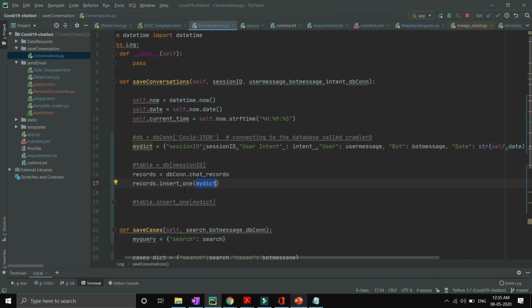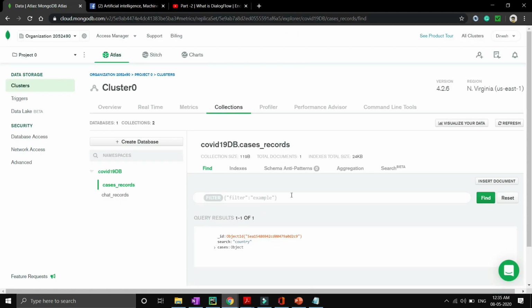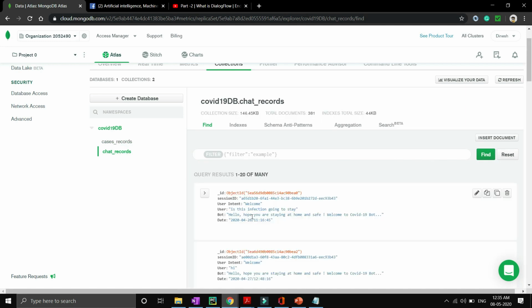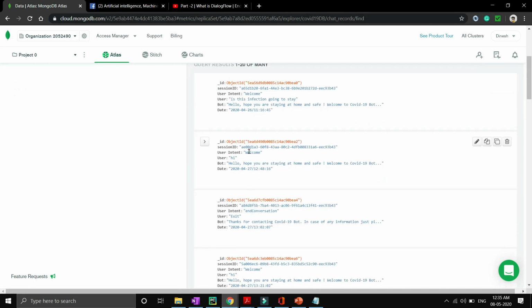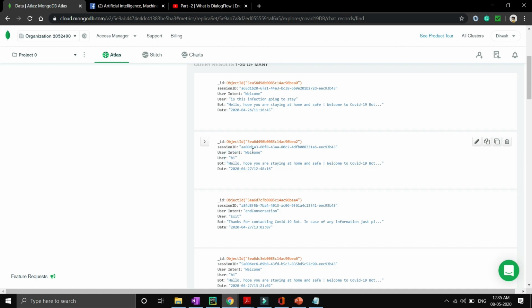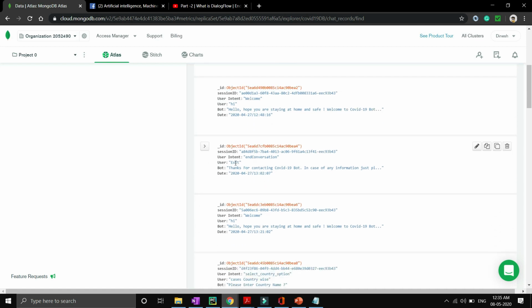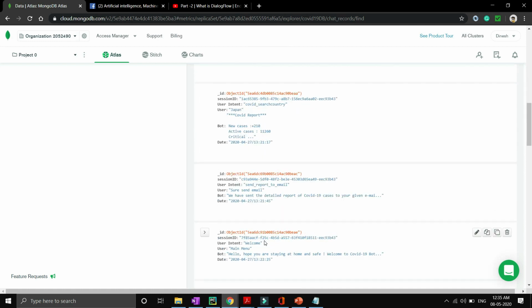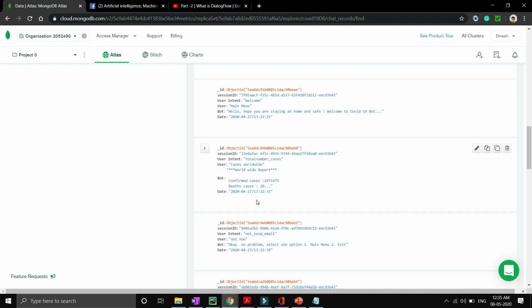Okay, so this is how our database is finally working, and you will be able to see the data inside my MongoDB in chat records. You will see that I'm saving all the data. The user said hi, then the bot responded hello, hope you are doing good. The intent was welcome to greet the user, and if the user said exit, then end conversation was the intent, and something like this. Okay, so this is how our database is working.